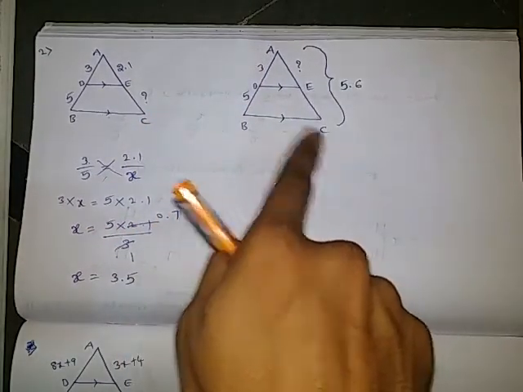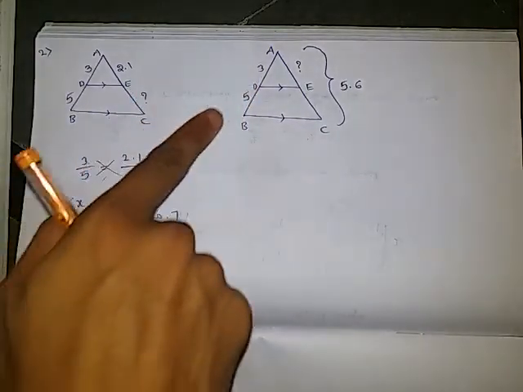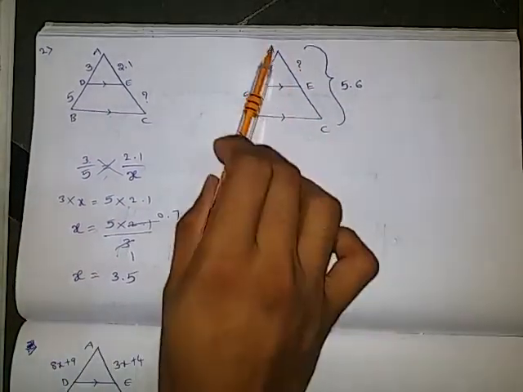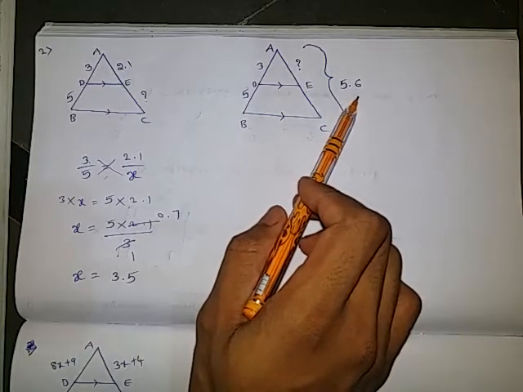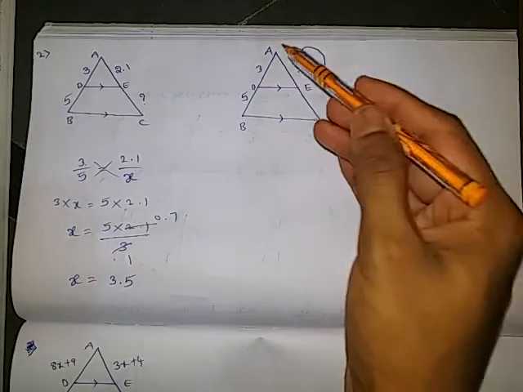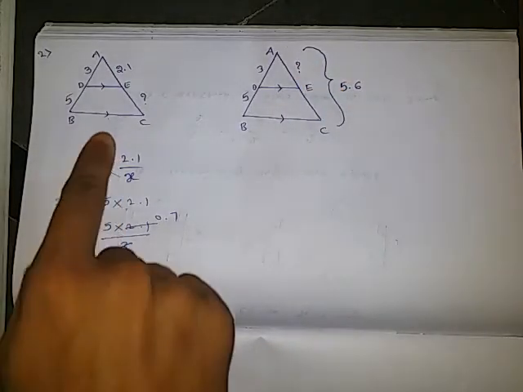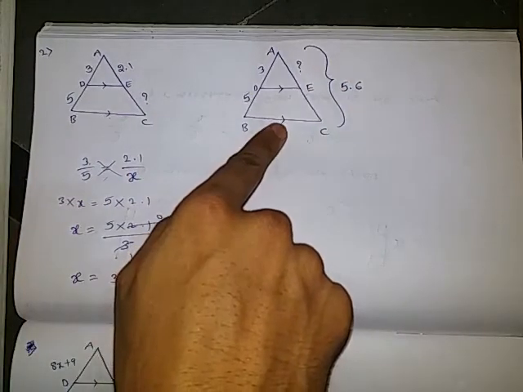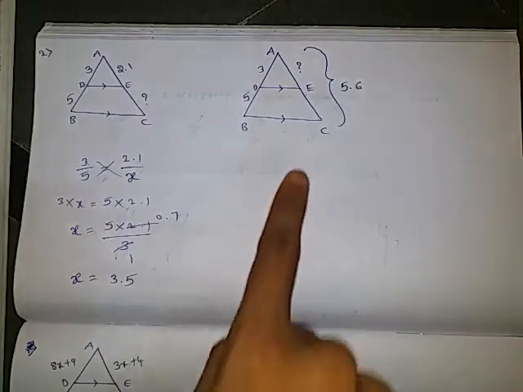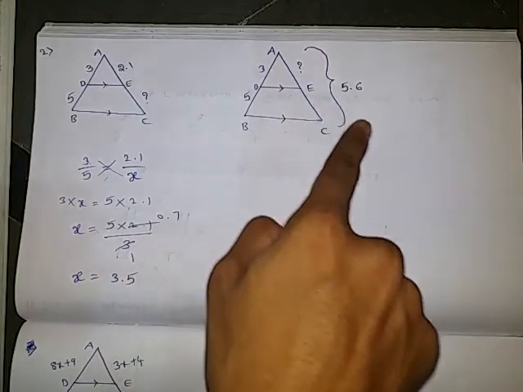ABC triangle is given and DE is parallel to BC. AD is given as 3 units and BD is given as 5 units. And this side, total side AC is given as 5.6. Total side is given as 5.6 and AE is missing. That AE we need to find out. So the only difference between this first question and this second question is, here upper 1 by lower 1 is clearly there. But in this case, upper 1 by total is given.